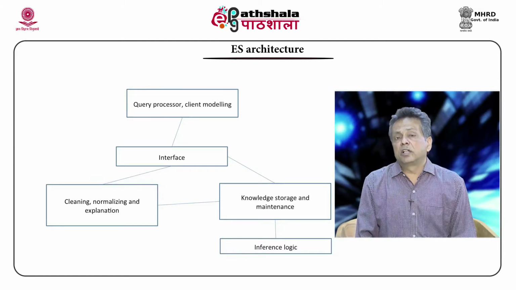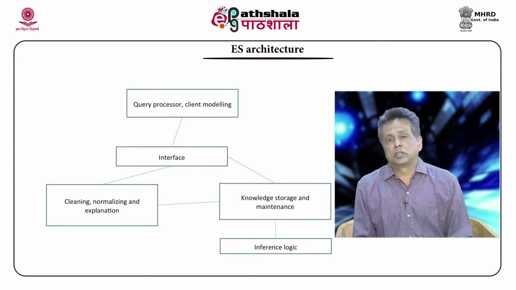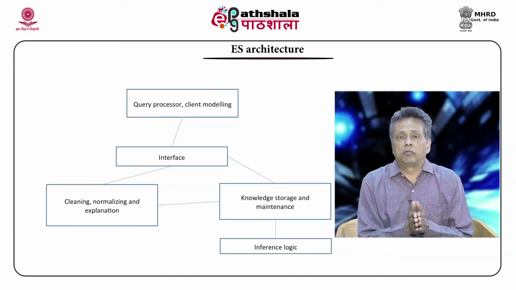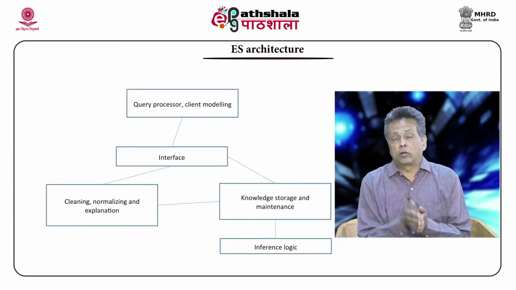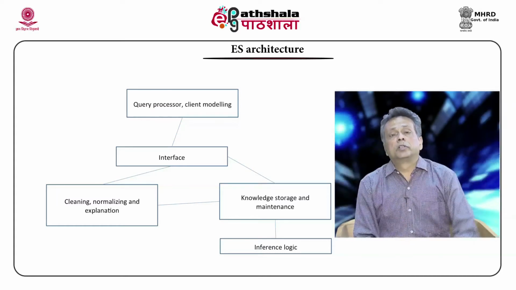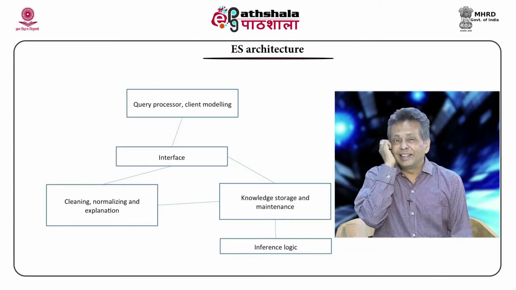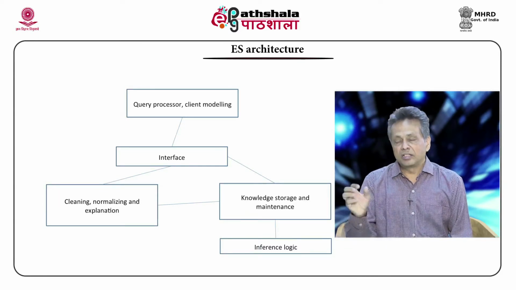And the information that is coming into the knowledge base comes from various sources, and those sources many a time require cleansing, because the information is not coming directly. For example, information coming from a secondary source, not from the original source. Sometimes two different sets of information come in which are conflicting. So, that requires cleansing and normalizing. So, the module which is there does that part.